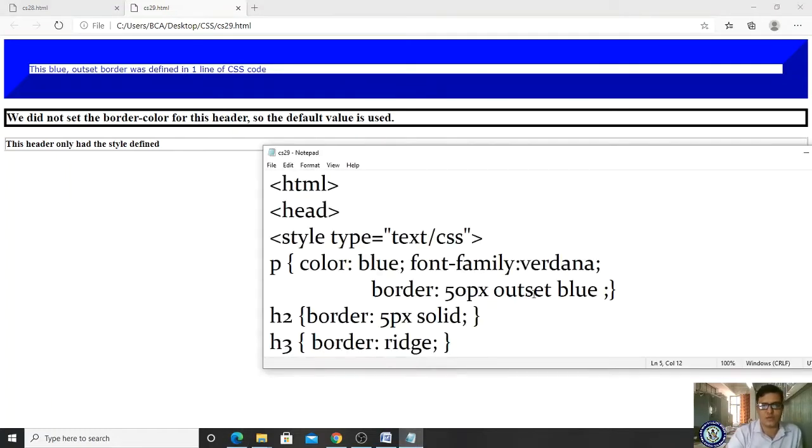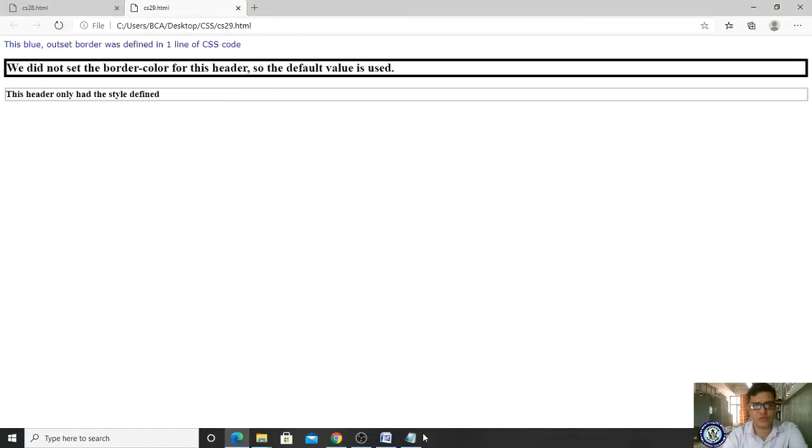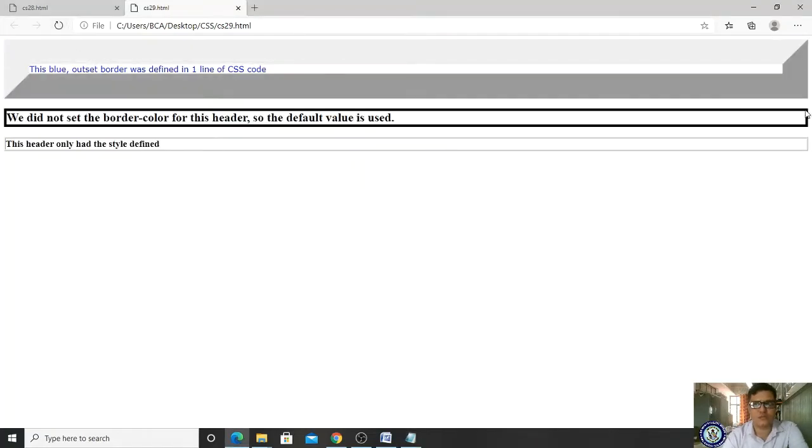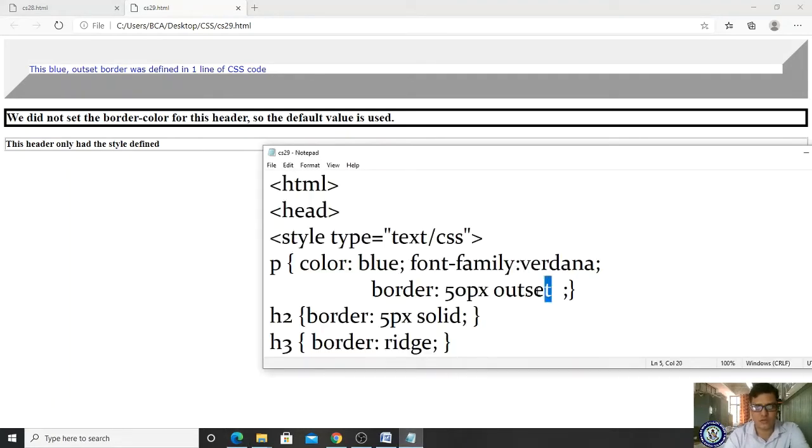And in the same way, outset blue. Let me, instead of blue, give it peach. Let me check whether it will work or not. Save it and refresh it. So if you give peach, it doesn't understand, it doesn't know what the color is, right? Outset blue is there. If I remove that blue also, let me check what happens. So it gets the default outset gray color, right? So likewise it comes. If I give outset yellow.